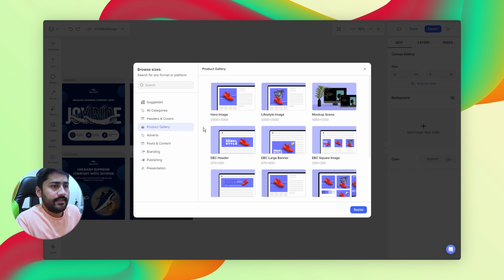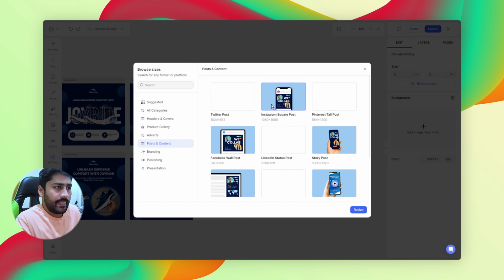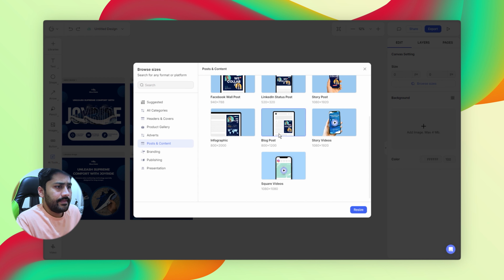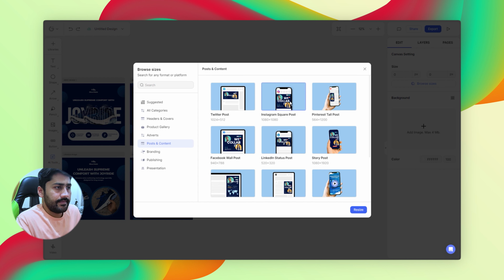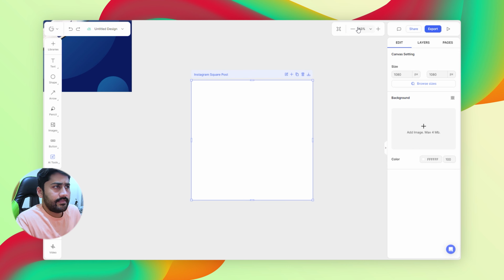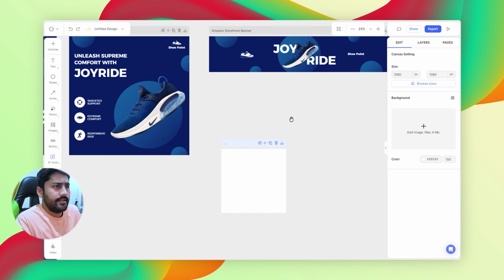We can do that on our own. So in the post and content, we have the Instagram square post and we have the story post size as well. There are many different sizes, so let's start with the square post for now. So here we have the square post size, and